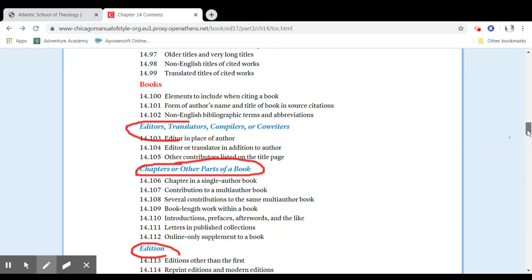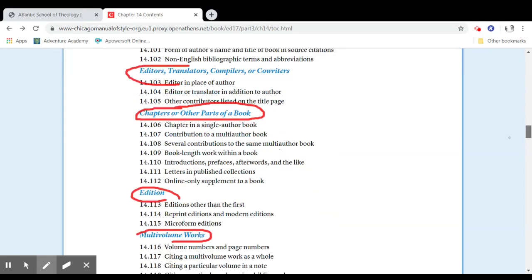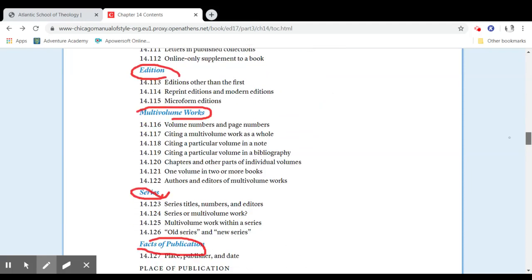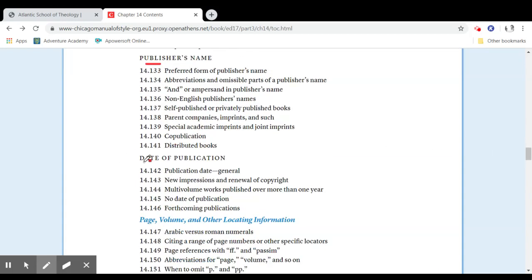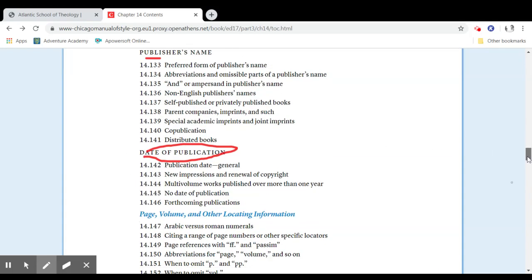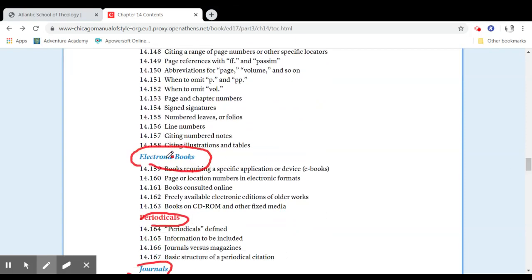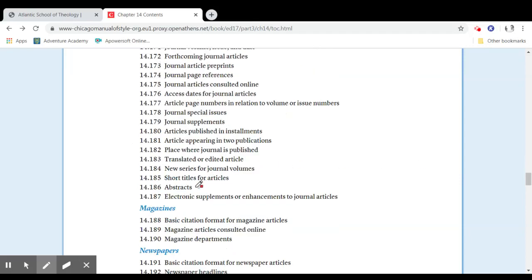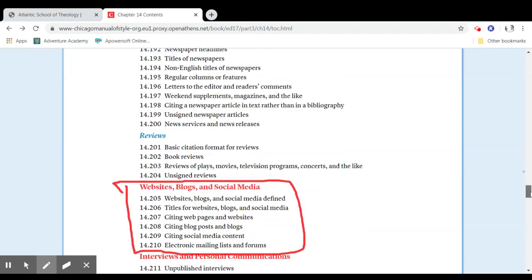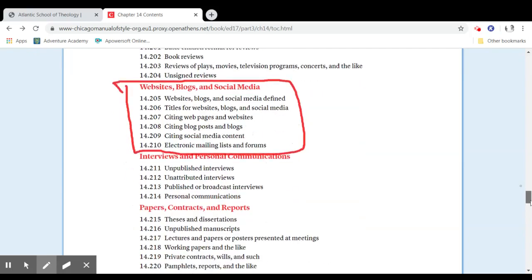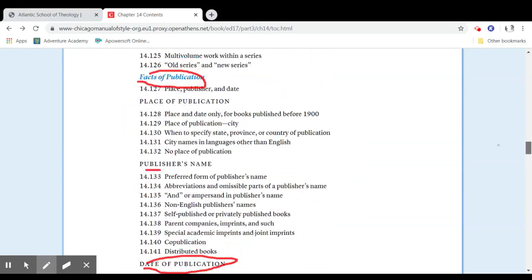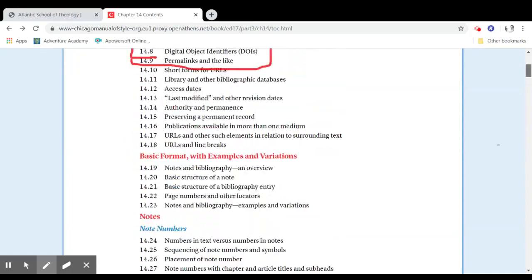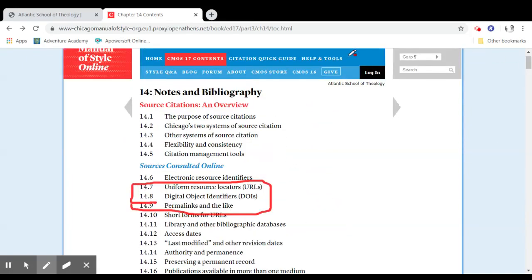More than one author. Is it an editor, a translator? Is there an edition, a multi-volume work, a series? Where is it published? Who published it? When was it published? Electronic books, periodicals, journals, basically. Journals, very important. And websites, blogs, scriptural references. So there's no real time saver, but you can refer to the quick guide,